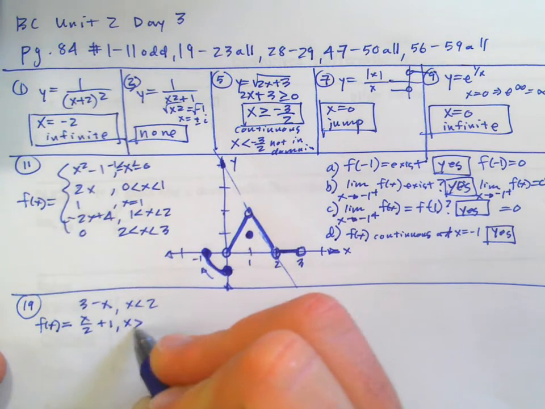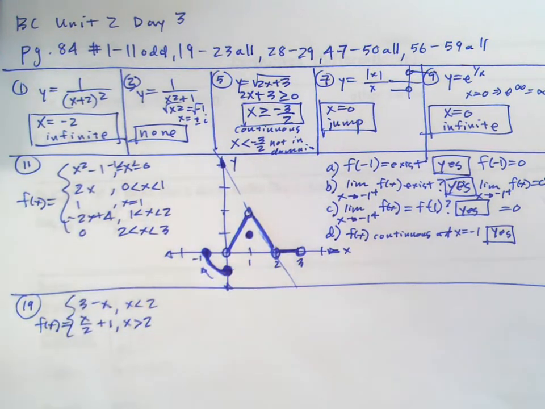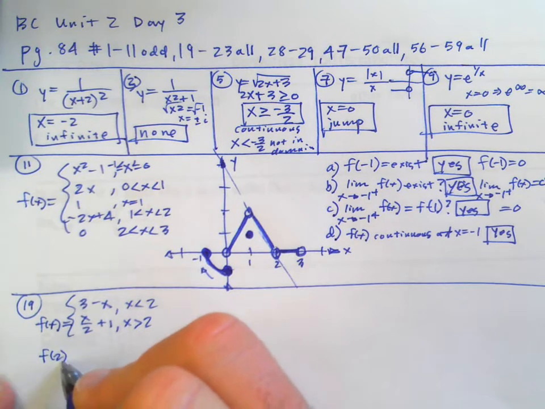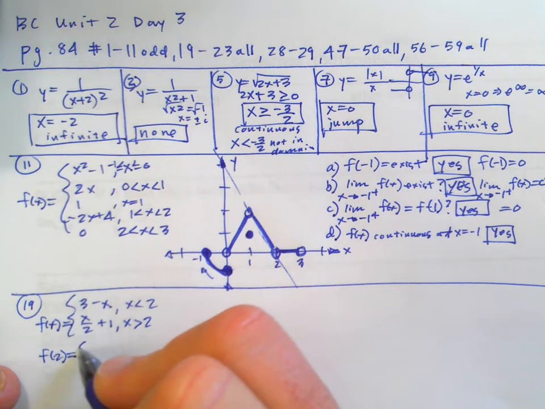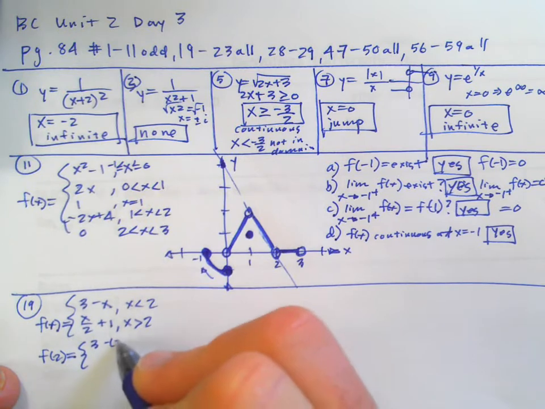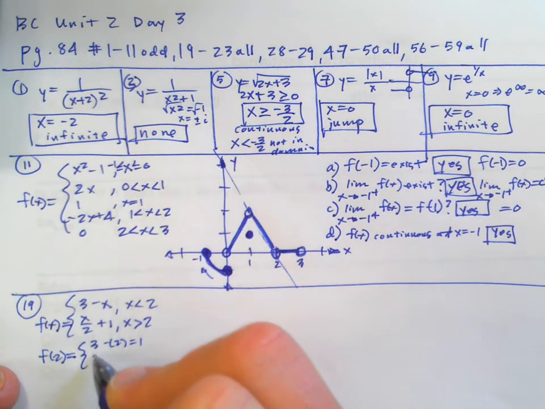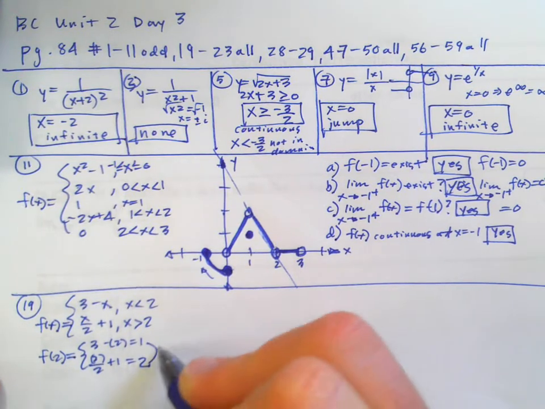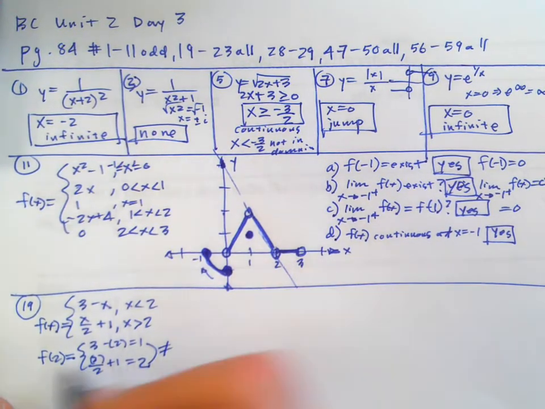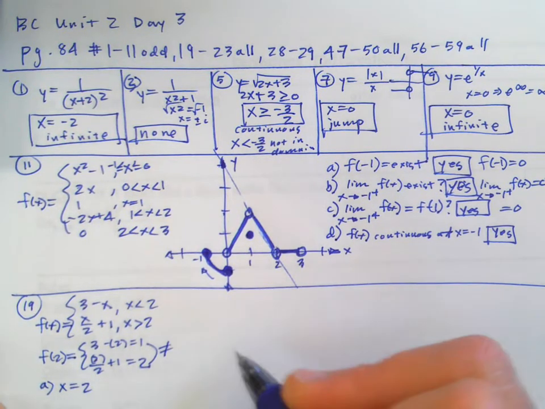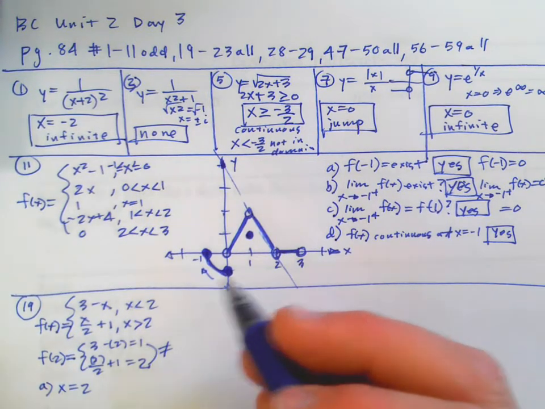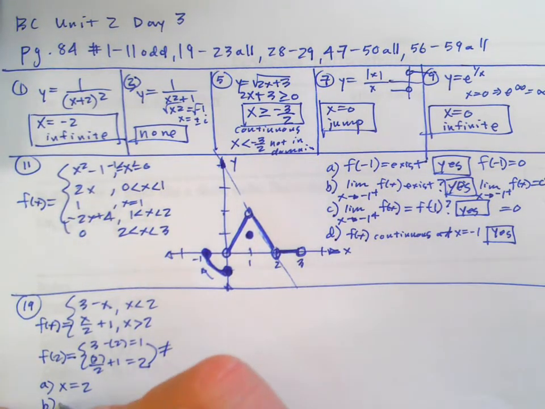I think the easy way is to just plug that point in and see what happens. 3 minus 2 is 1, 2 over 2 plus 1 is 2. They're not equal to each other, so there's a jump. So there is a discontinuity there because they don't meet each other. Plus, there's just a hole there anyway, so for sure there's a discontinuity. Secondly, there's a jump, so it's not removable